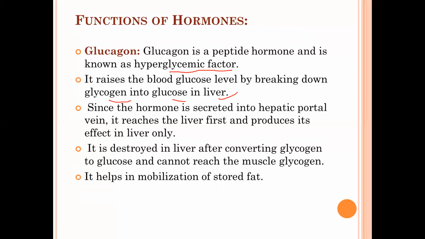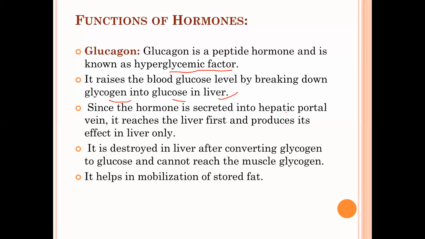Mostly this process occurs when our blood glucose levels decrease. And blood glucose levels decrease when we fast, or are not having proper food, then the glucose levels will decrease. When glucose levels decrease, the feedback information goes to the brain, and then from the brain to the pancreas. Immediately the glucagon will be produced, and that glucagon will convert the glycogen stored in our body into glucose.